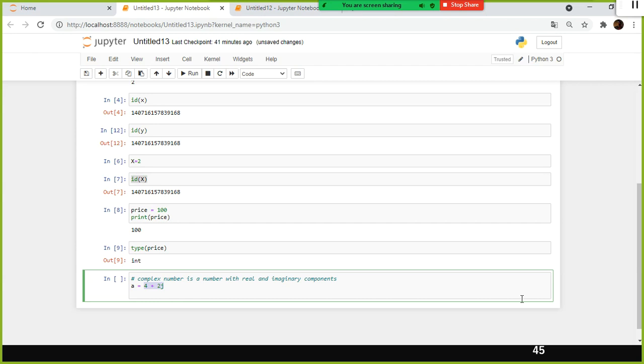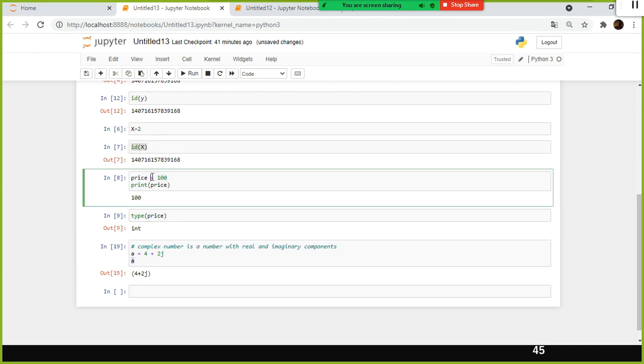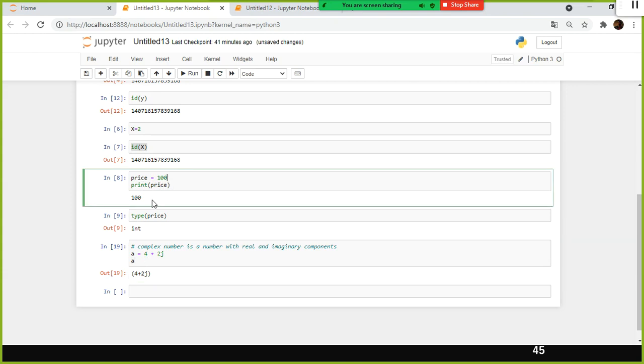Now I'm going to see what value is stored in a. Instead of using the print function, I can specify the variable name a directly. You can use print also. See here, I stored the value 100 in a variable price. If you want to view the value contained in price, I can use the print function. Instead of using print, I could have mentioned price itself. In the second line, had I mentioned price, there would be no need to use print. But the advantage of print, I will tell you now.